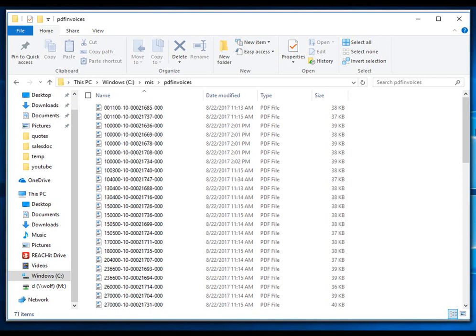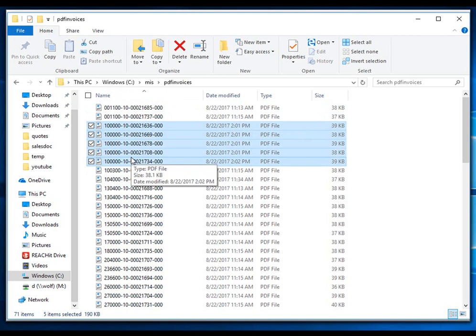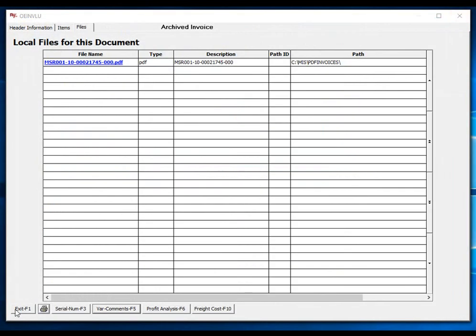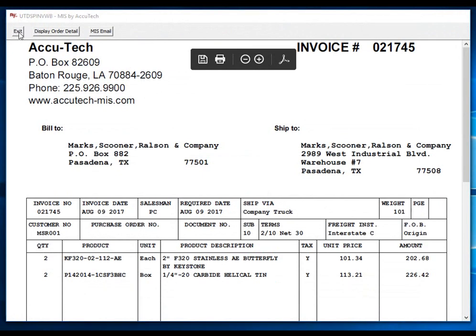On the screen, I already have the files being sorted by the name. I can simply go and highlight every invoice associated with a customer and maybe copy them and paste them to an email. Let's go ahead and exit our Windows directory viewer. We'll exit our display,